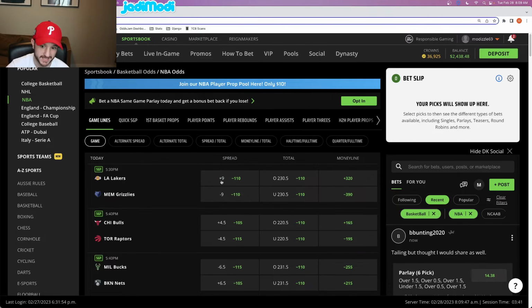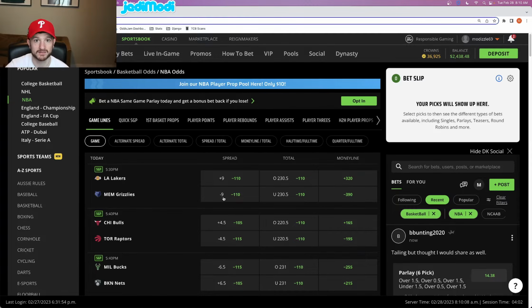The plus is always going to be the underdog. When you are looking at the favorite, the minus, the number that comes next to it, in this case 9, is how many points they have to win by in order for you to win your spread bet. So in this case, the Grizzlies are 9-point favorites. That means they have to win by 10 or more points in order for you to win your spread